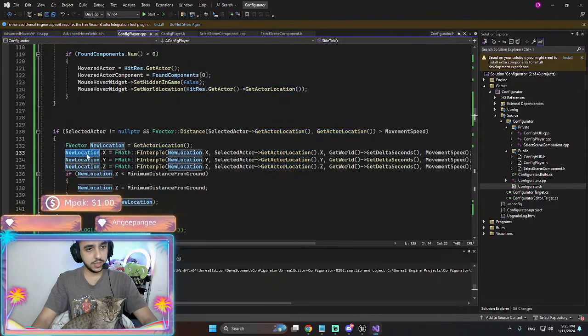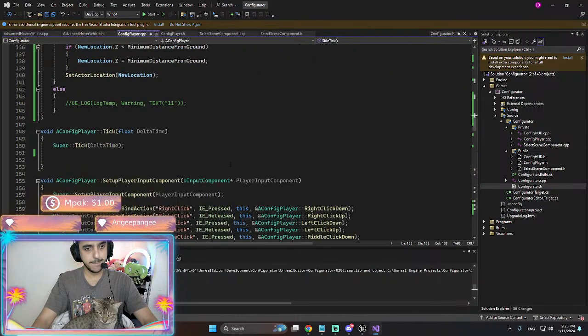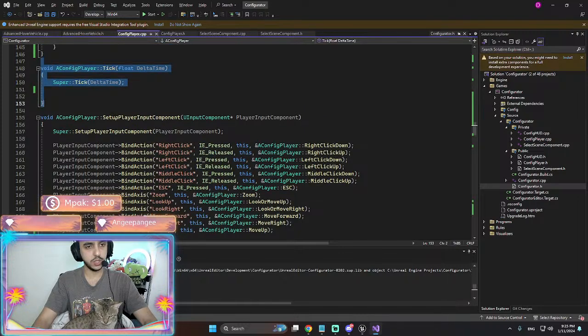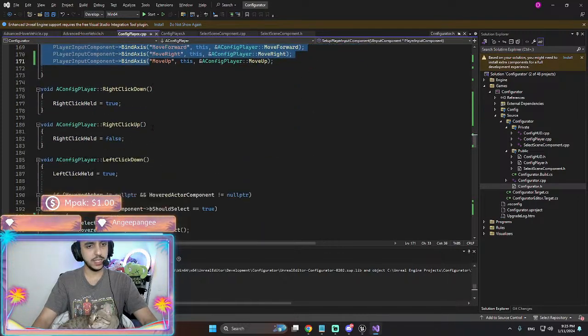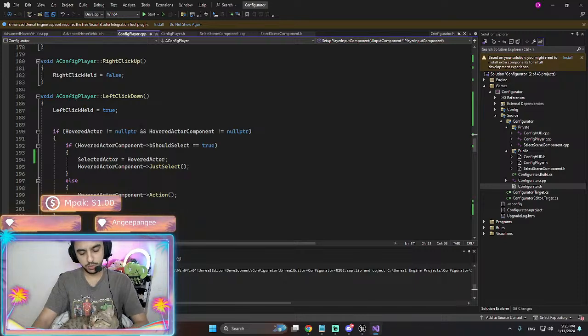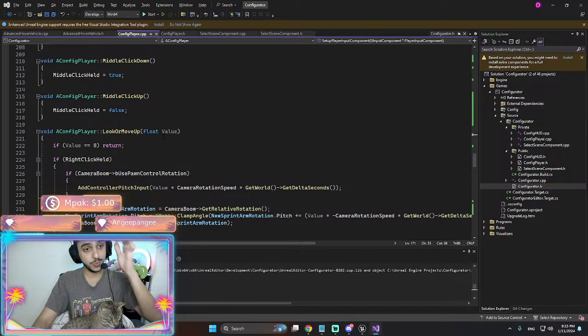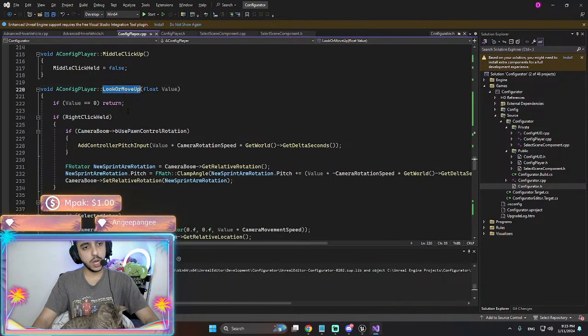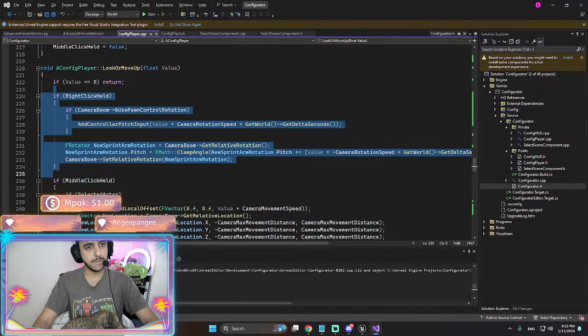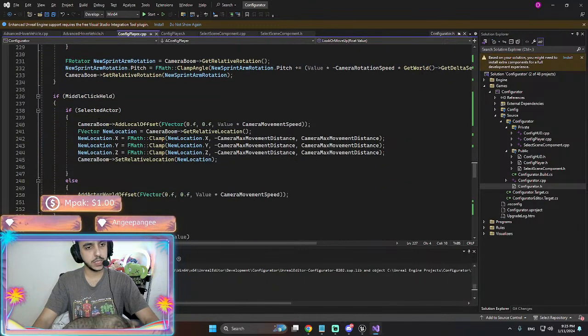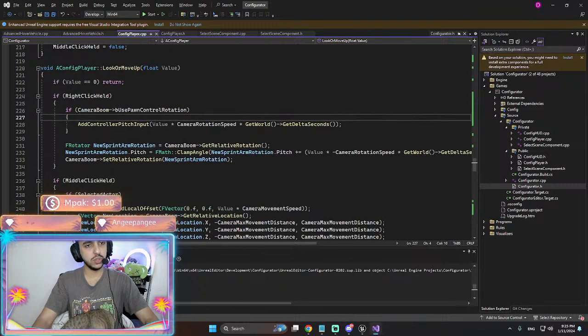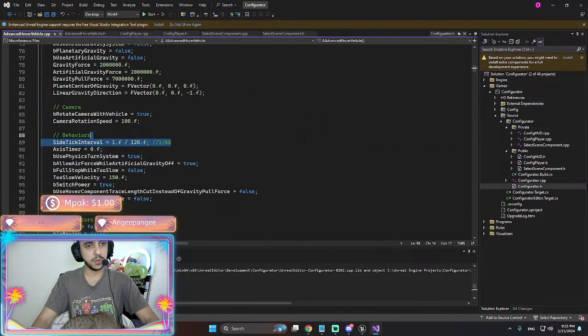Get world, get the delta seconds, because it's an interp. That's good. Nothing in the tick function anymore. Here, and then there are a bunch of other things that we gotta move to tick function. So these look up at rate and stuff like that. I'm gonna move this to... I want them to use the new function that we have. Okay, so let me see.